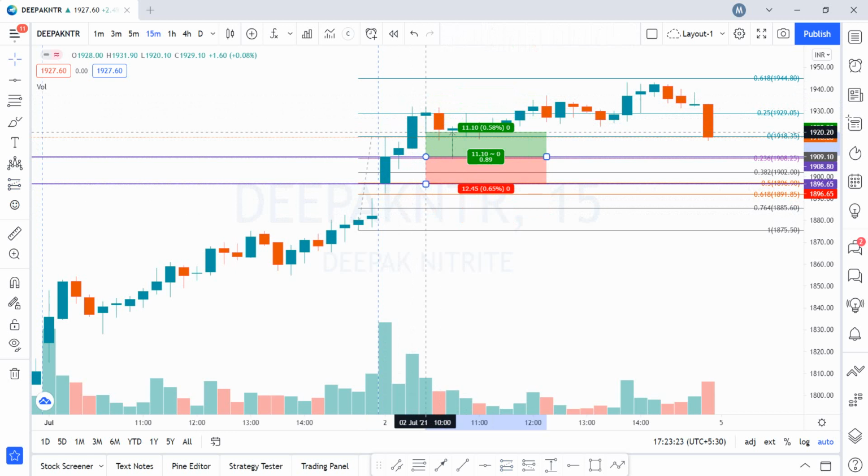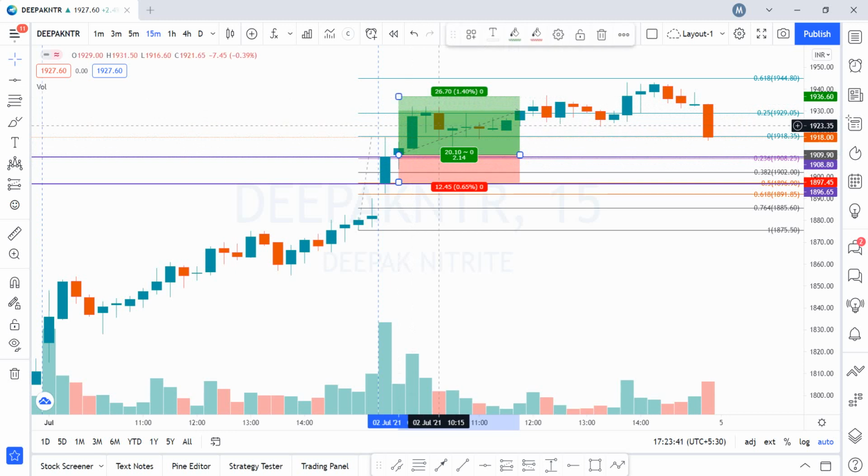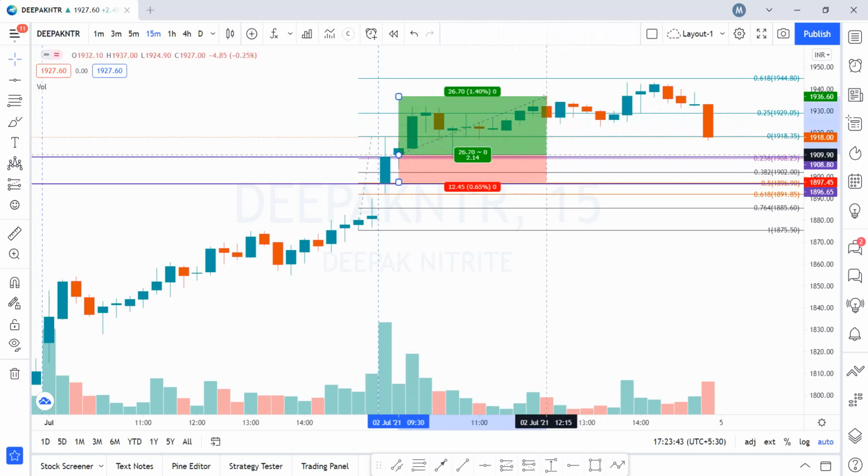So if you see over here, 1:1 comes at this level, and this was given just after a couple of candles basically. So this is about a half hour trade. You got 1:1, de-risk it over here. Did we get 1:2 over here in this trade? Yes, it gave us 1:2 on this particular candle.